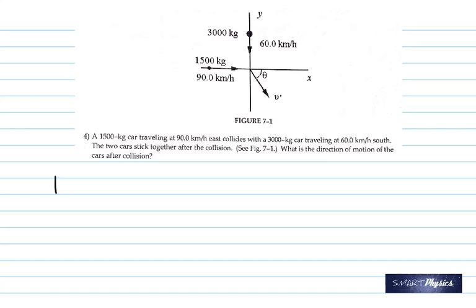In this question, you have a 1500 kilogram car traveling at 90 kilometer per hour east, colliding with a 3000 kilogram car traveling at 60 kilometer per hour south. The diagram is given. The two cars stick together after the collision, meaning it's perfectly inelastic, and you're asked to find the direction of motion of the cars after collision, which is theta. Now to find theta here,